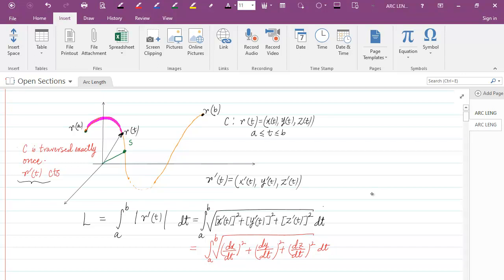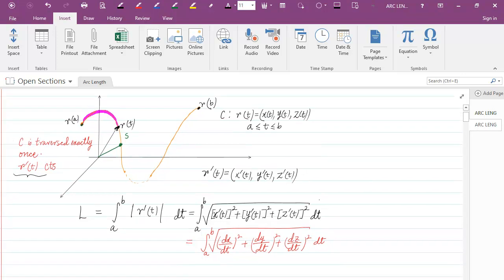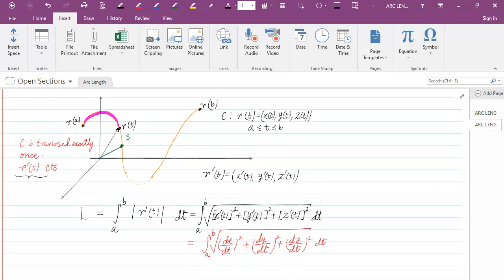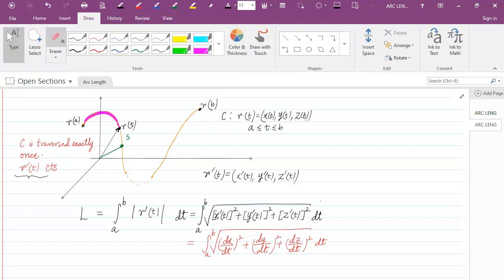Okay, so let's recall that if I have a curve C parameterized by the vector function r of t, where r of t has components x of t, y of t, and z of t, and t is between a and b, then the length of C is given by the integral from a to b of the length of r prime of t dt, which is equal